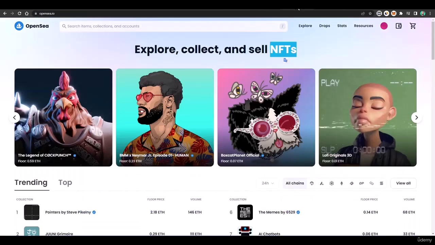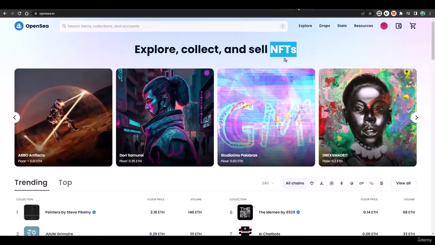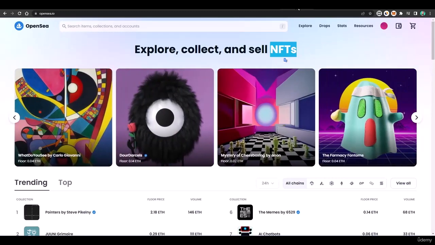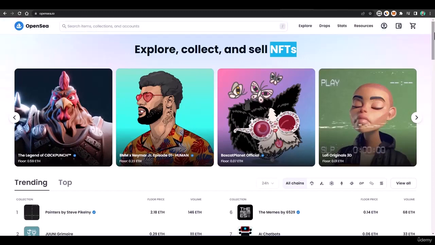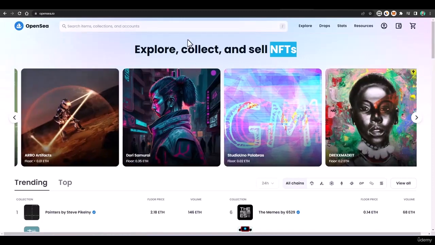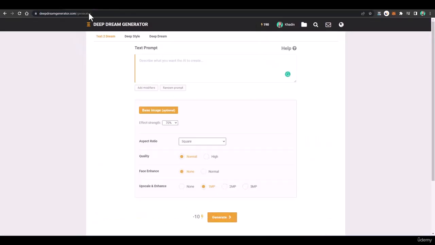So it depends on your creativity, because highly coded and highly funded projects even fail sometimes, and projects with no funding or an investment of a few dollars just succeed. So it is unpredictable. You can try with your creativity, and you can generate your creative art using the Deep Dream Generator. Now, how to generate art?